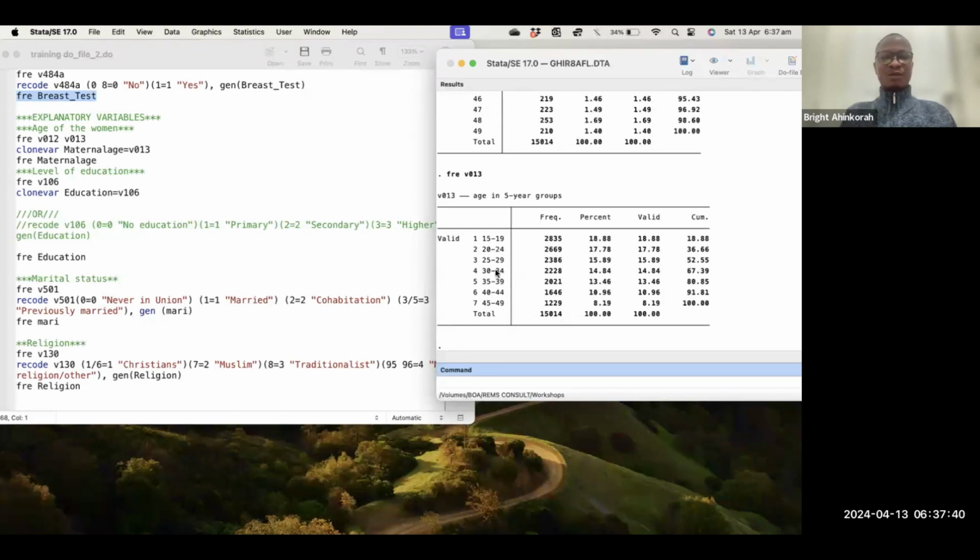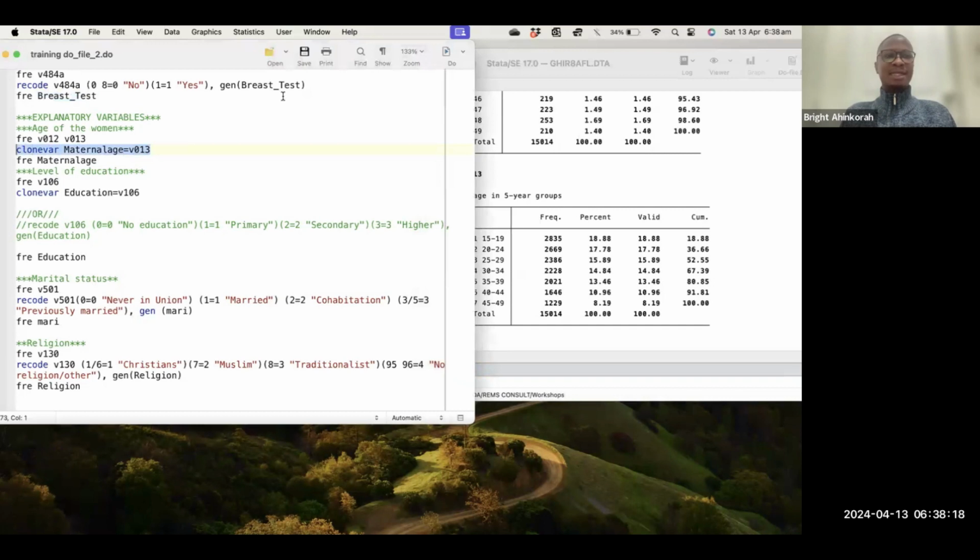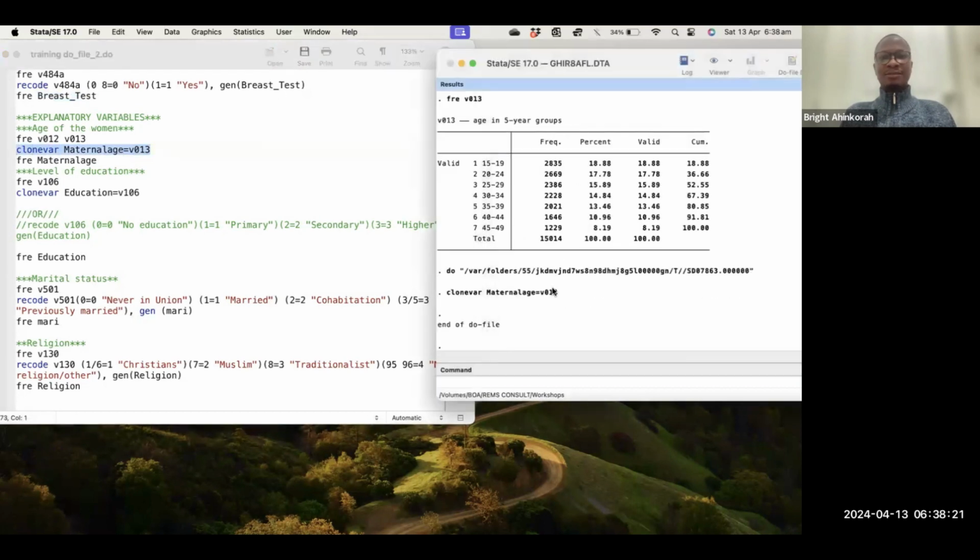With this particular variable, we don't need to do anything to it because we already have the groupings here. When you check the frequencies and percentages, none of the categories has such a small number of observations that we need to add it to another category. So we keep the variable as it is. To do that, you have to use the clone_var command in Stata. What clone_var does is duplicate the variable by giving it a new name, but still keeping the original variable. So when I run this command in Stata and execute it, it has created